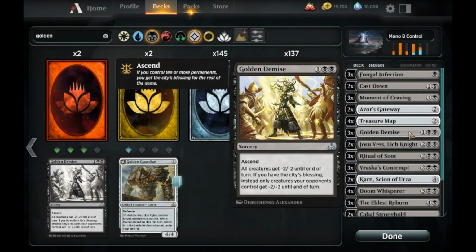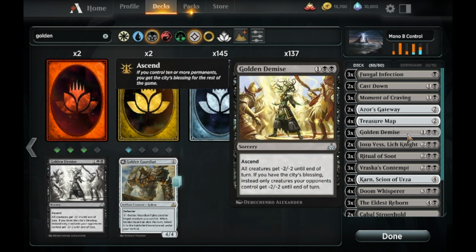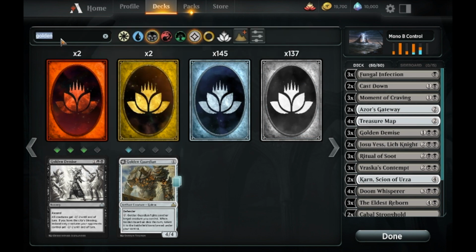Whether or not we would want 3 of them, that's another thing I'm not quite sure about. But with only 3 Ritual of Soot, I think 3 Golden Demise might be right. Might be better to go down 2 Golden Demise and go maybe up 1 Cast Down. Or maybe down a Golden Demise, up a Karn. Maybe somewhere around there. Another possibility, instead of Josu, we could always try